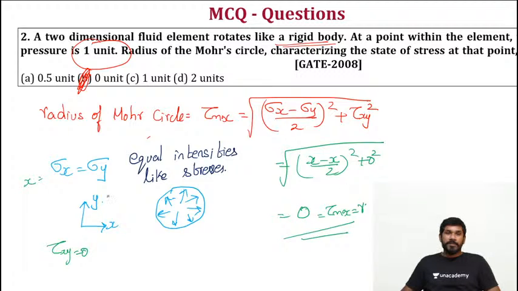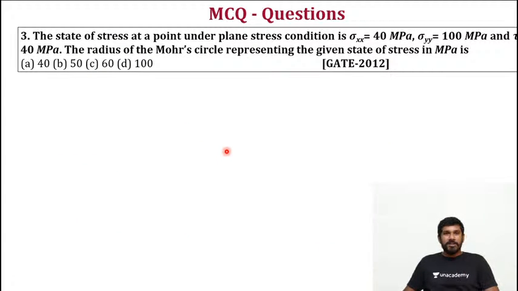When you have equal intensities of like stresses, simply you can take the maximum shear stress as 0, so the radius of the Mohr circle is also 0. So based on the conditions, you can quickly answer it. That is the simple shortcut for this question, right? Okay. Next one. This is another most interesting question,